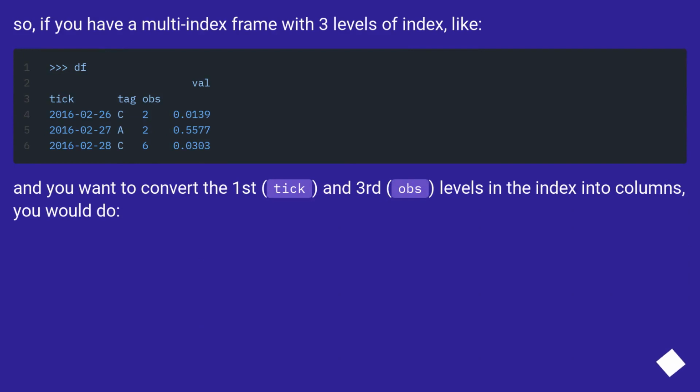So, if you have a multi-index frame with 3 levels of index, like and you want to convert the first, tick, and third, obs, levels in the index into columns, you would do